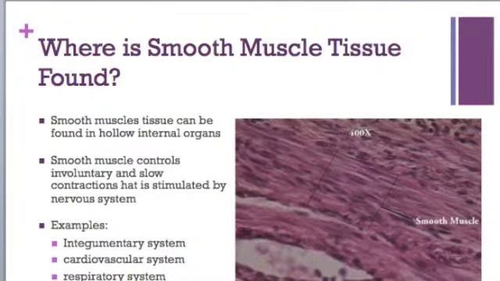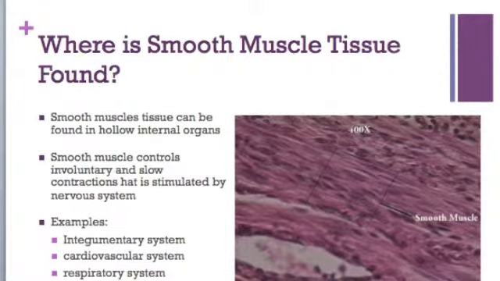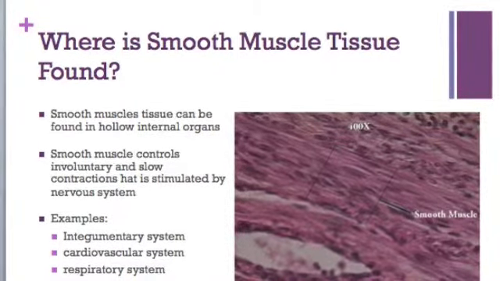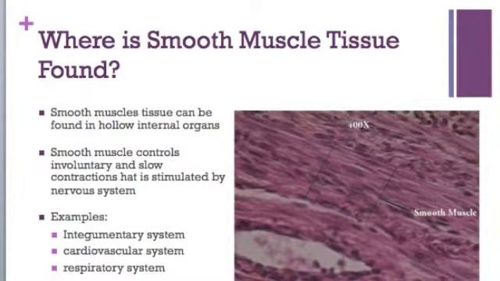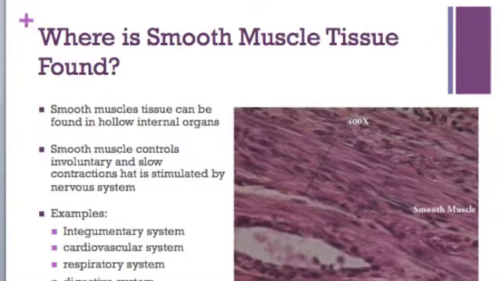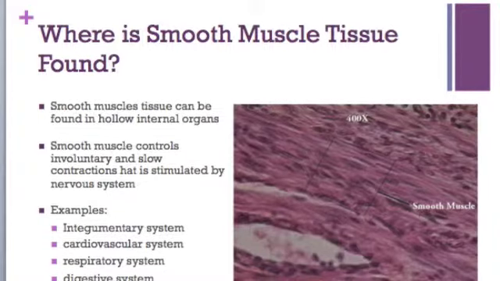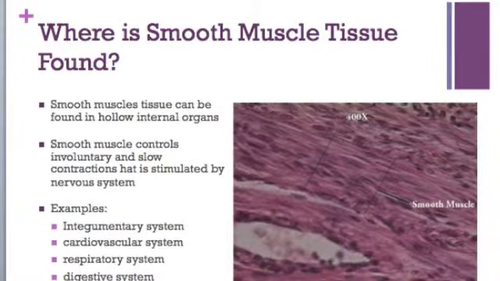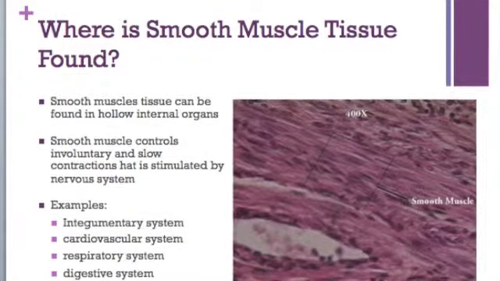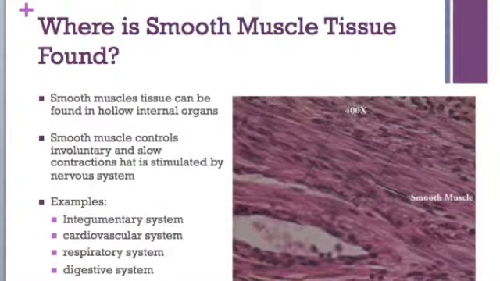So smooth muscle tissue can be found in hollow internal organs, and these are some examples. In the integumentary system, smooth muscles are around blood vessels to regulate blood flow to the superficial dermis, and it elevates the arrector pili hairs. Cardiovascular system. Smooth muscle tissue surrounds blood vessels to help regulate blood pressure. Respiratory system. The contractions and relaxations of the smooth muscle widen the diameters of the respiratory passageways and change the